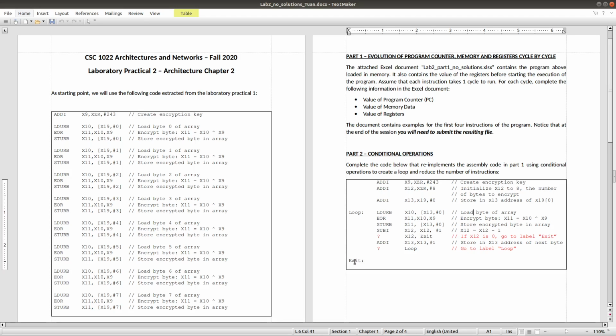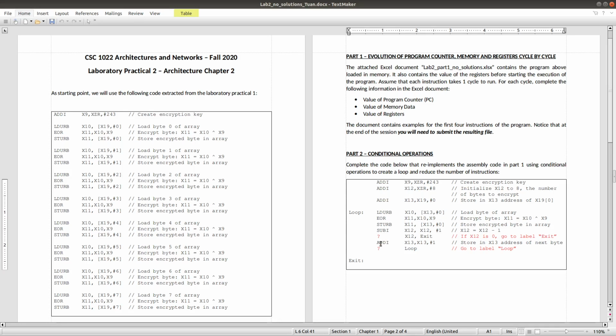We will jump to exit. If not, of course, we will need to do it again with the next data. And in order to work with the next data, you need to add x13 by 1. So the base address will increase by 1, but the offset address keeps the same at 0. It means that you will work with the next byte, which is shown by x13.